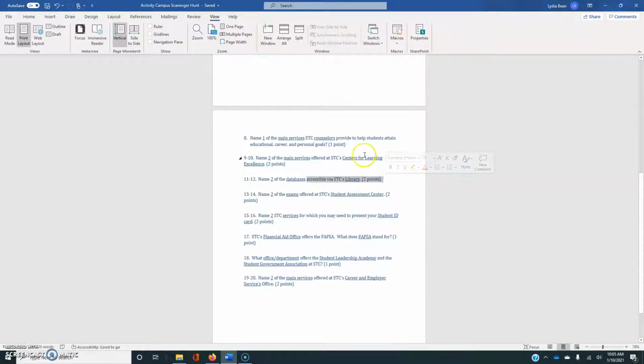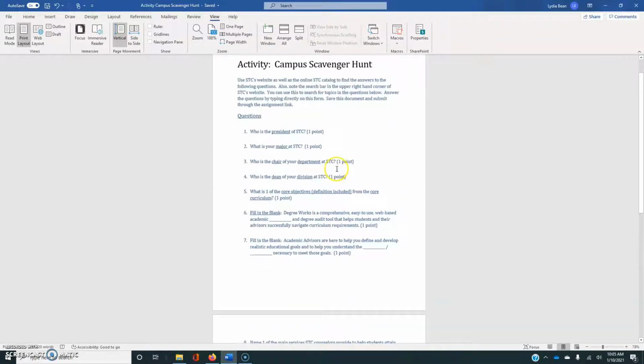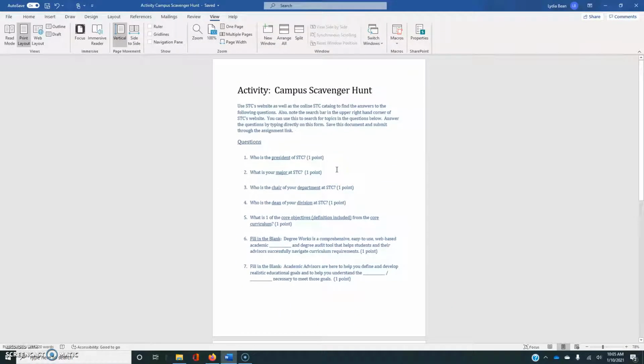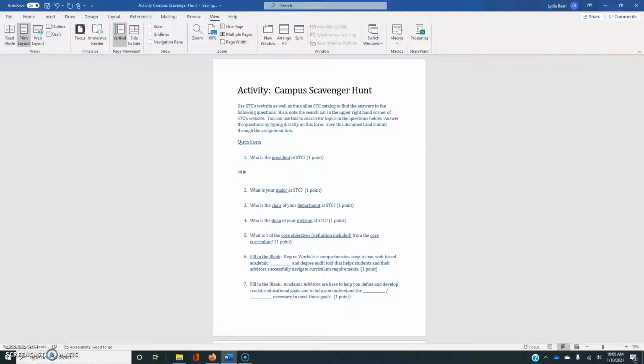So as you go about answering the questions, make sure that if there are multiple questions, you're giving multiple answers for full credit. When you're ready to answer a question, merely go to the end of a question, hit enter, and then start typing your response. After you're finished, if you would like to bold it, highlight it, put in a different color, that'd be fantastic just to make it stand out a little bit more for me, but that's not required. When you're finished, save your entire document and upload it to the Blackboard activity link.